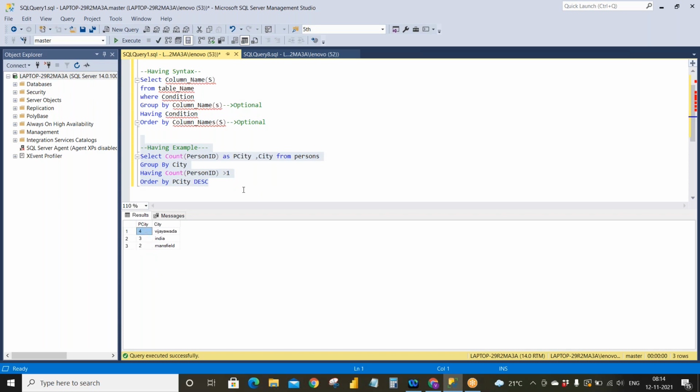So in this way, if you want to have some data between it, like if you know the requirement, like what are all the numbers you want, and you don't want the numbers where a single person is living in the same city. You want the numbers where more than one person is living in the same city. Then you can use this. And if you know the requirement perfectly, and if you want to tweak the query, you can do it with this having clause.